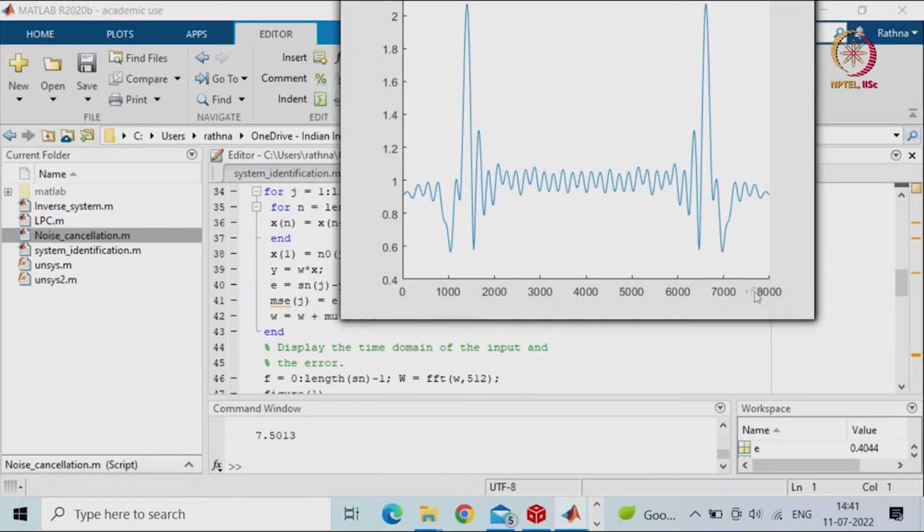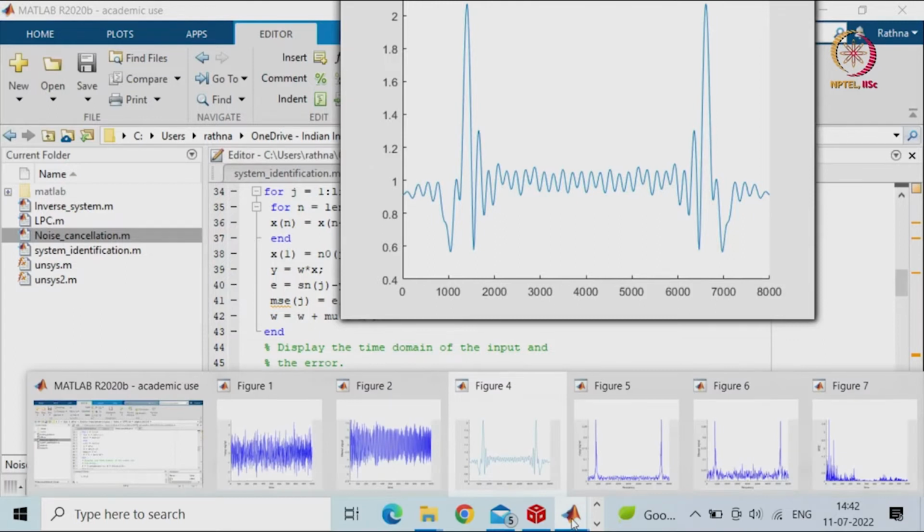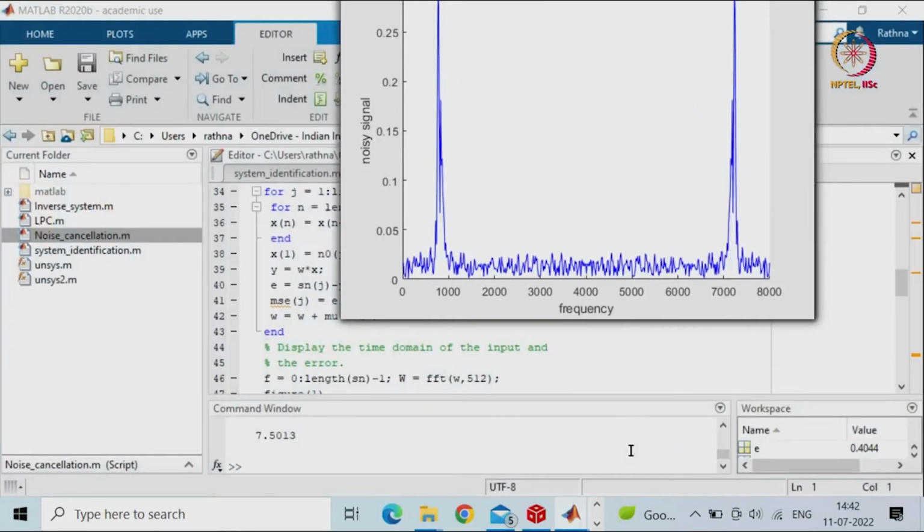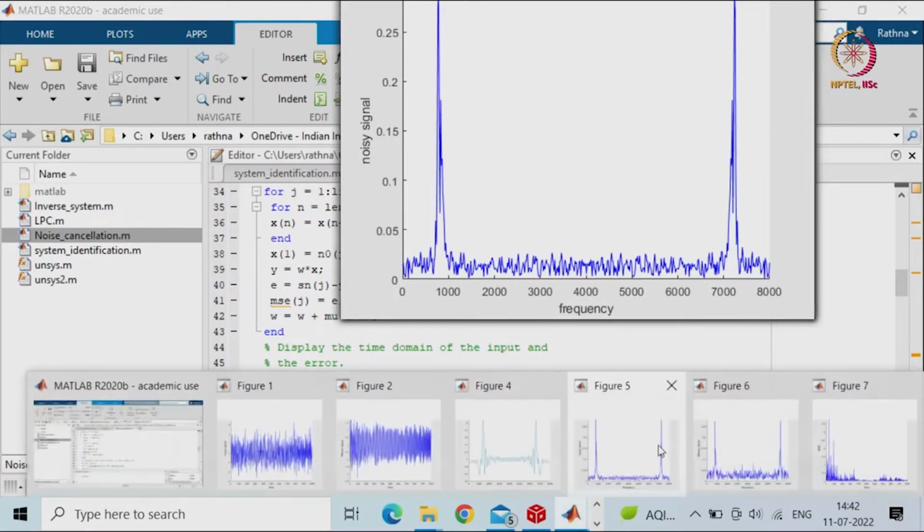This is in the frequency domain as you can see, but naming has not been done here, and this is the magnitude that you will be seeing on the y axis, and the x axis is the frequency domain response. And then the fifth one shows how the noise is introduced: this is the noisy signal in the frequency domain, along with the sine wave, and you have the noise present also. So, now we will see